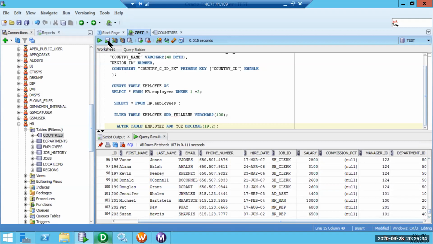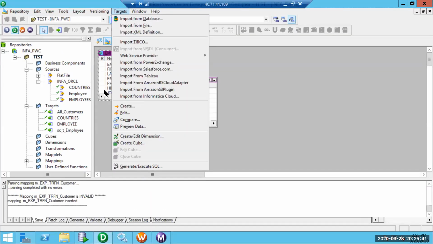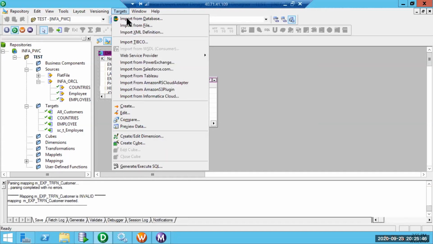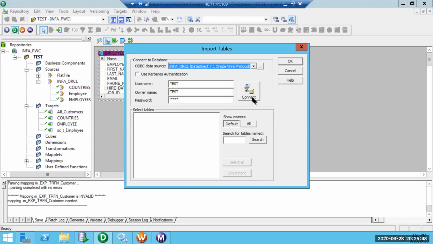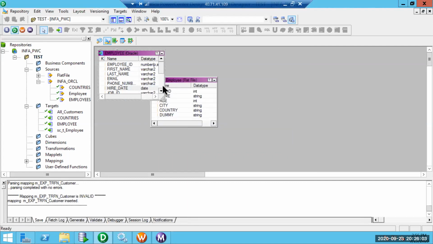Now that we have new columns added, my definition got updated. So one way is we manually add those changes. Another way is we re-import the definition. I don't want to re-import or add those manually. Sometimes it could be error prone, and sometimes you might even miss something. So I prefer replacing my target. I got my target replaced, and I was able to see the full name and years of experience columns that were recently added.